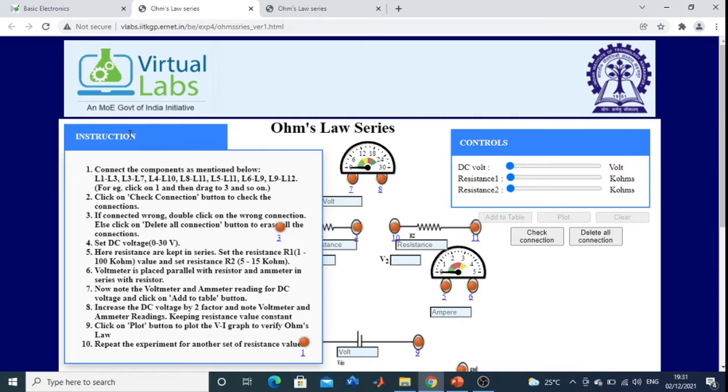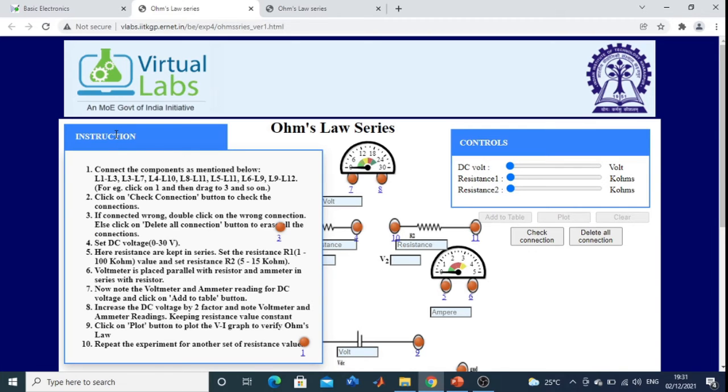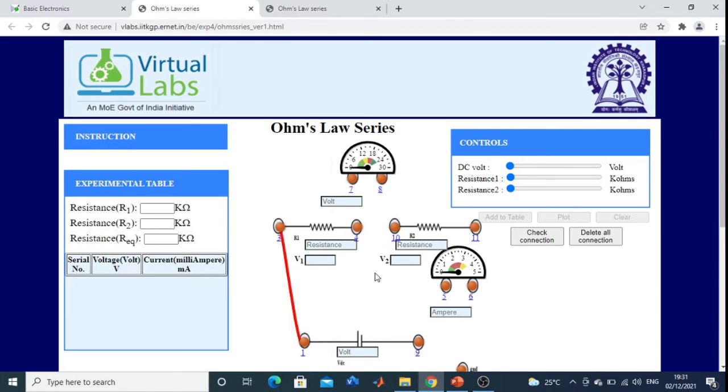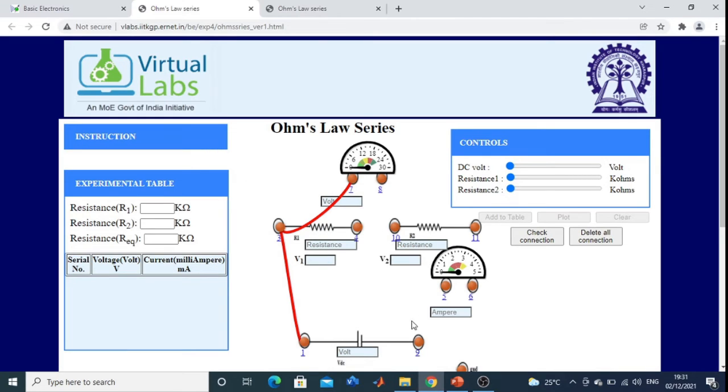Read the instruction carefully. First L1 to L3. L3 to L7. L4 to L10.